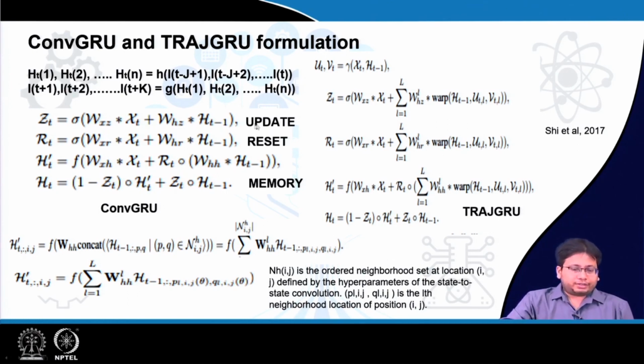First an update signal is generated, a reset signal is generated, and the new memory value H is generated based on the current input as well as the past memory and the reset. The reset indicates whether the past memory should be forgotten or not, and ZT is the update signal which we mentioned earlier. So accordingly,